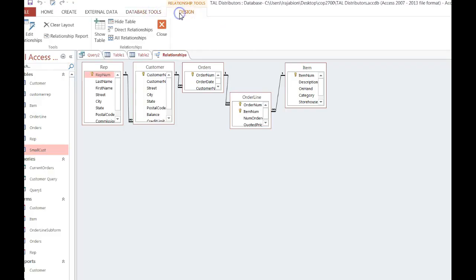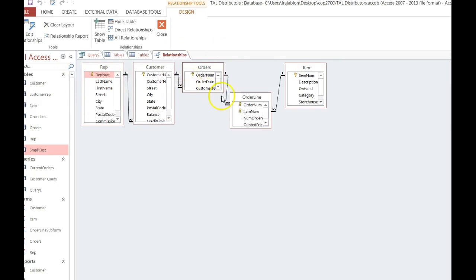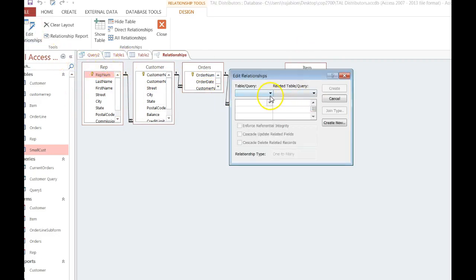So we will click on Design Relationship, and we can also edit the relationships here. These are some of the tables that I had between rep, customer, orders, order line, and items, so that you can see that the relationships exist here. If I want to edit the relationship, I can click here, edit,